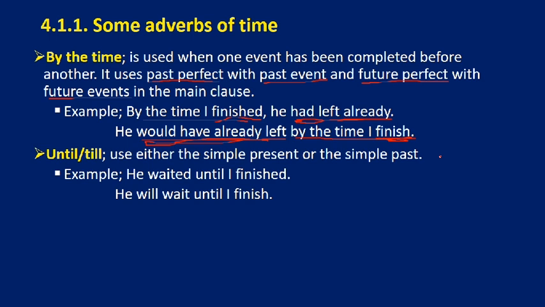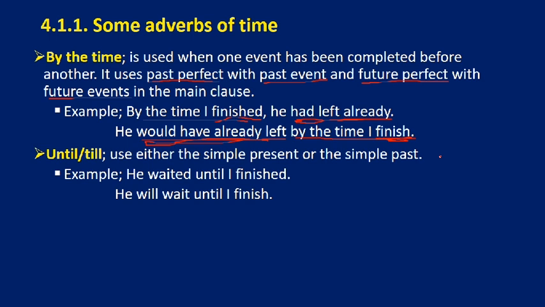if by the time ጋር የሚመጣው action ገና for the future occur የሚያደርግ ከሆነ ደግሞ the independent clause's action becomes future perfect and then we have until or till. The difference between until and till ሁሉም እስከ ነው ትርጉሙ በአማርኛ but both are grammatically correct ናቸው ግን until we use it for formal writings, we don't use till for formal writings usually, for spoken English or informal የሆነ occasion ላይ ነው የምንጠቀመው till